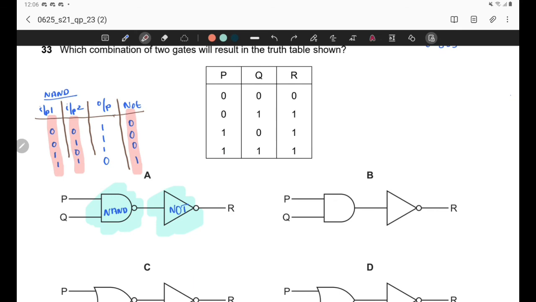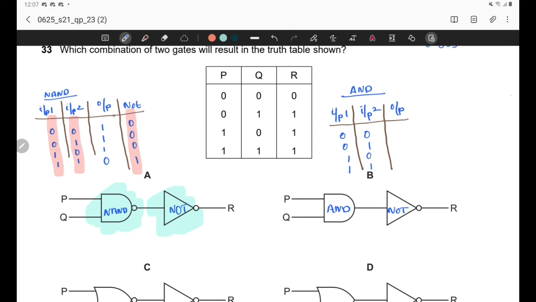Now we can look at option B, where we have an AND gate and a NOT gate. So we can see the truth table of an AND gate first. When we look at the AND gate, it will definitely have 2 inputs and 1 output. So let's see what will be the output. The possible input combinations are 0 0, 0 1, 1 0, 1 1, the same as given in the question truth table. For this, the output of an AND gate is